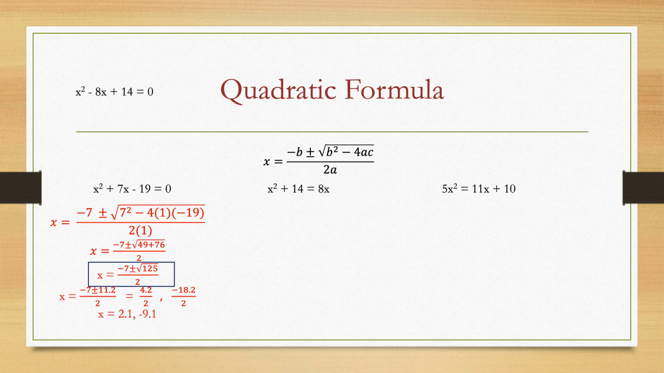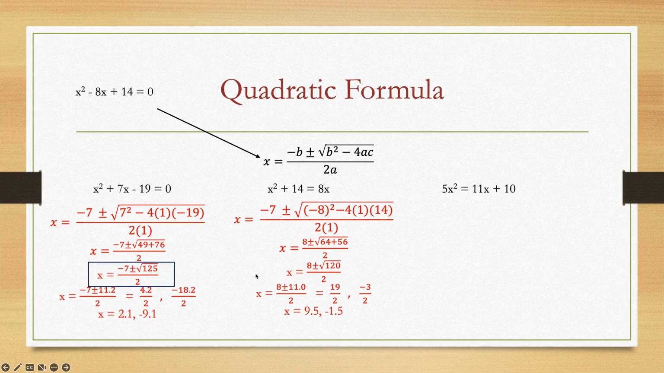Okay, so when I subtract 8x from both sides, I see that my values are A equals 1, B equals negative 8, and C is equal to 14. I put that into my quadratic formula here. I just forgot to change the negative 7, but I did down here to 8, so we'll leave it there. B is negative 8, and the negative of negative 8 makes positive 8, plus or minus the square root